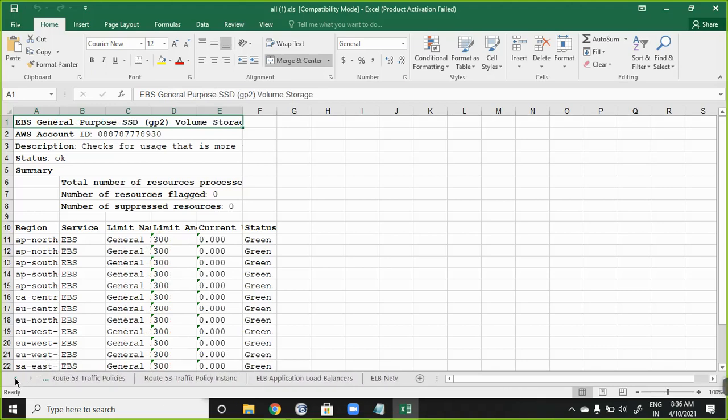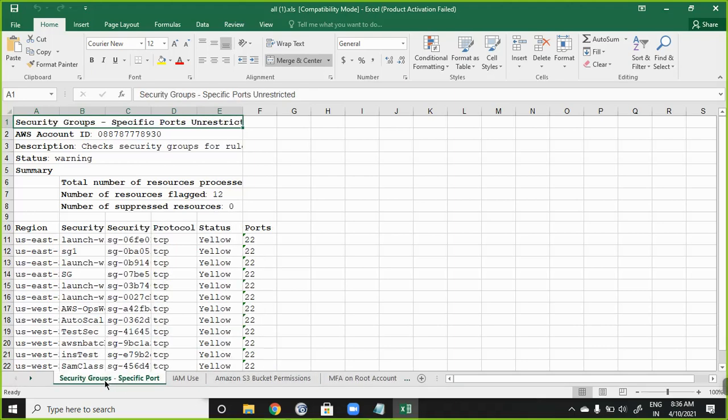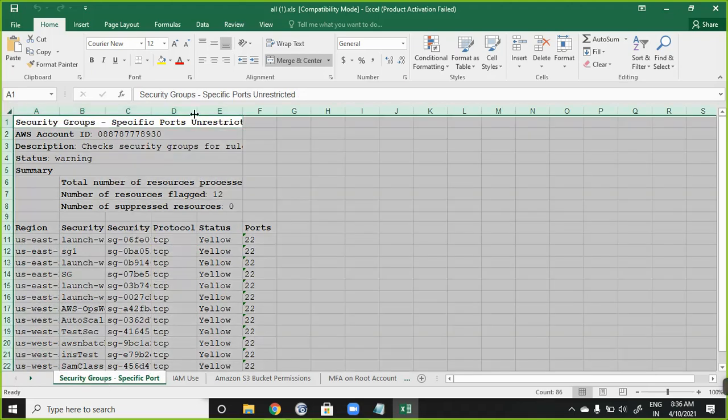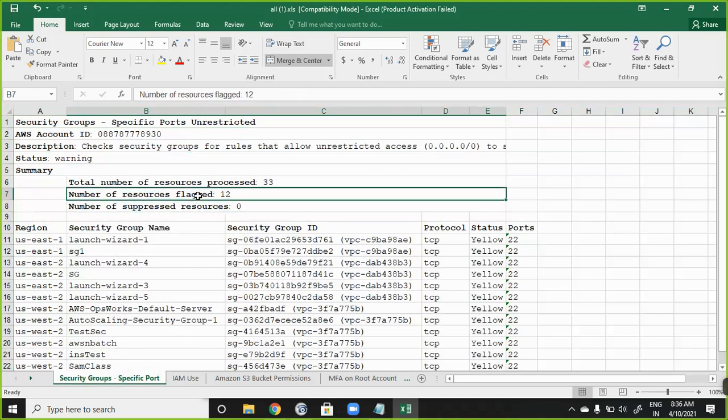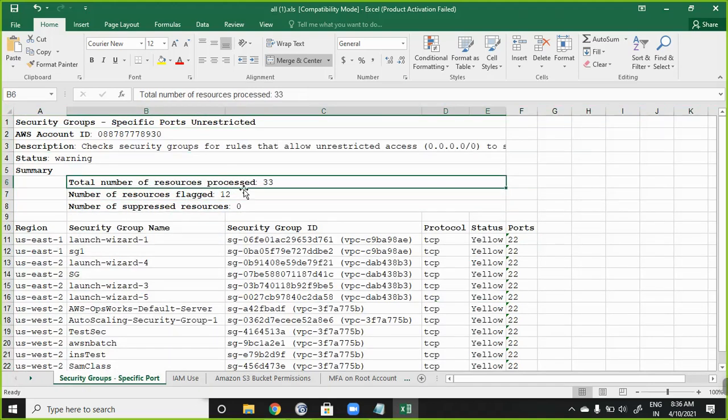You will get tired of scrolling it. You can see that, right? So the thing is, let's say I want to fix one of the reports. Let's say I go to the security group and I click on this and maximize. So here it is talking now: the number of flags is 12, total resources 33 security groups that we have, and it is not in one region, it can be in all the regions, as I said.